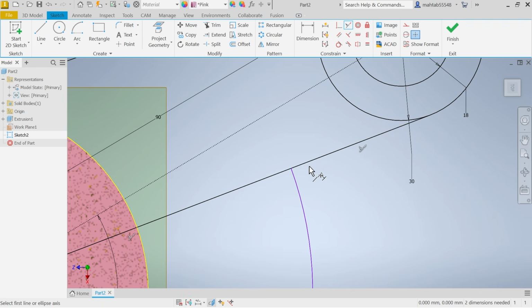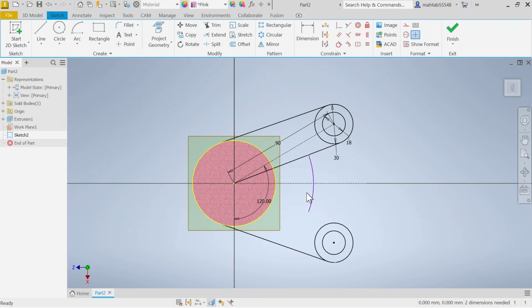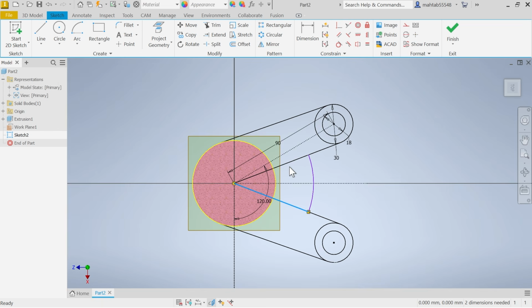Select these two lines, collinear. Okay, let me choose mirror. Select these two lines, mirror line, center one, apply, done. Now hold shift key, select these two lines, right click, construction. Okay,